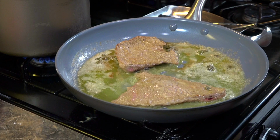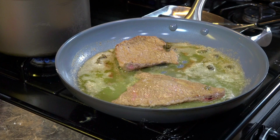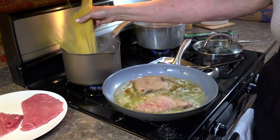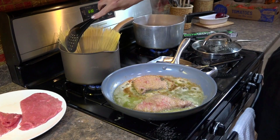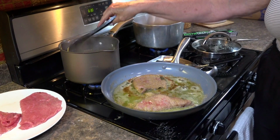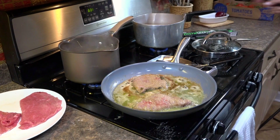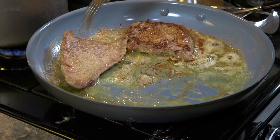And those of you that have gone to an Italian restaurant, Veal Piccata is one of the most popular dishes on the menu, and I just wanted to show you how easy it is to make this at home. Now we're starting to get that beautiful finish, and so I've got to put some angel hair pasta in that pot in the back. Angel hair only takes about 3 minutes to cook, so it'll be ready by the time the piccata is finished. You can see that it's browning up nicely, and I'm going to flip again,